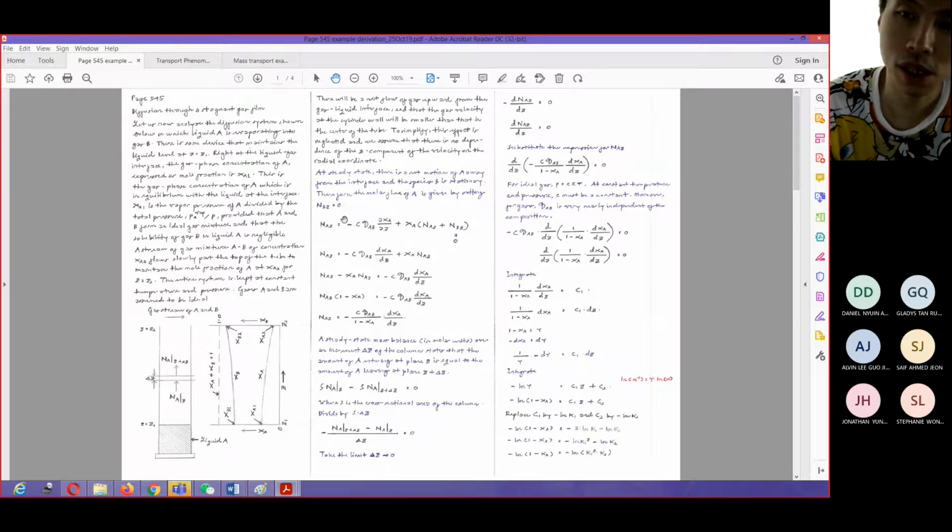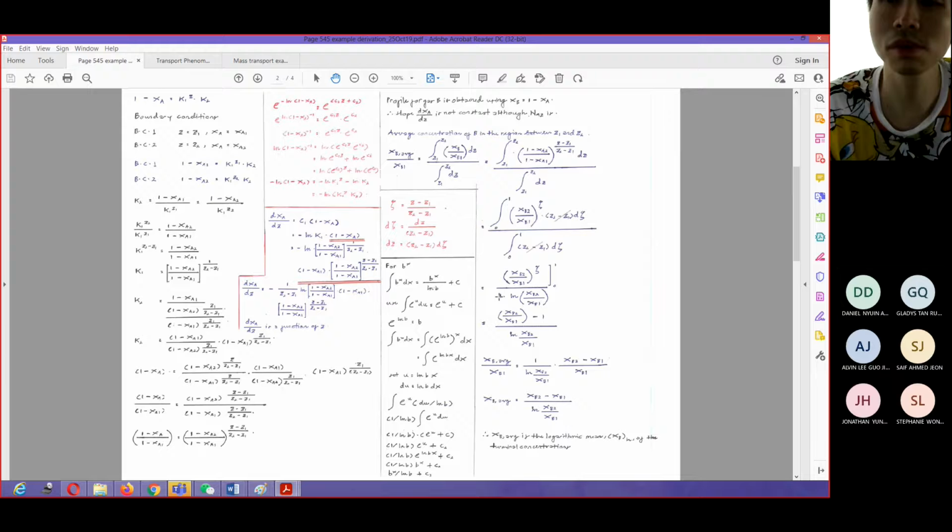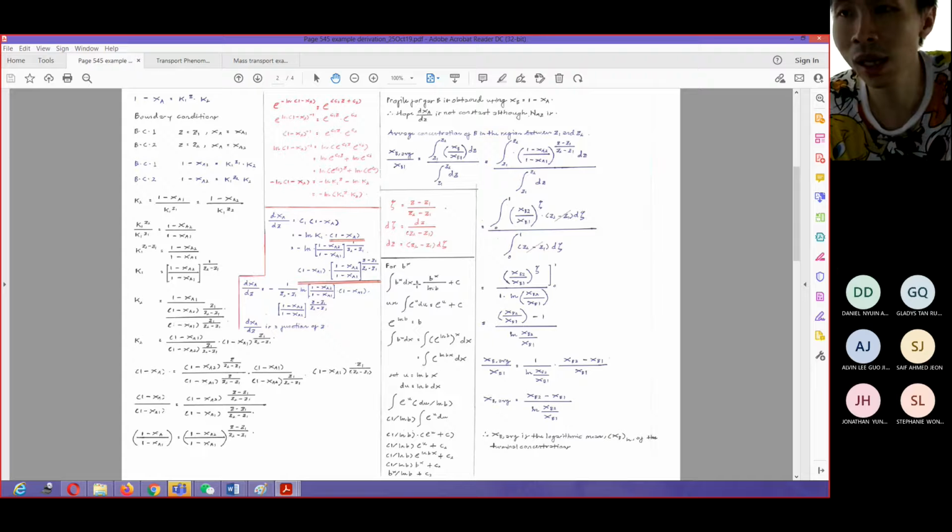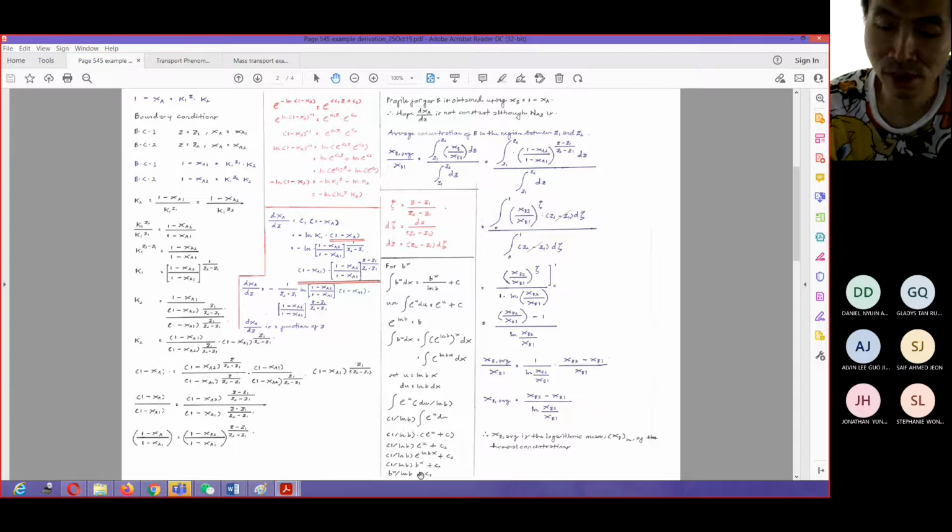Okay, the first term in here contains the molecular contributions, the second term containing the convective contribution. So we need an assumption to relate the B to A in order for us to get an explicit expression of the NAZ with respect to XA. Okay, so this is basically the complicating factor for the mass transport. And the notes that I give in here are basically just to show the integral of the dx. So you may want to recheck this again and confirm whether what I did in here is correct or not.